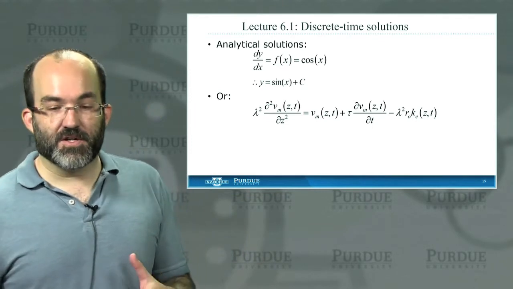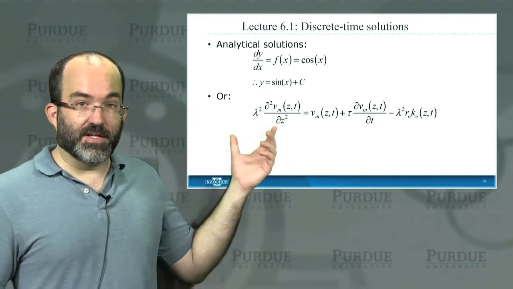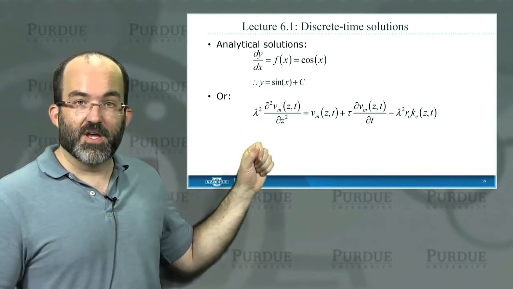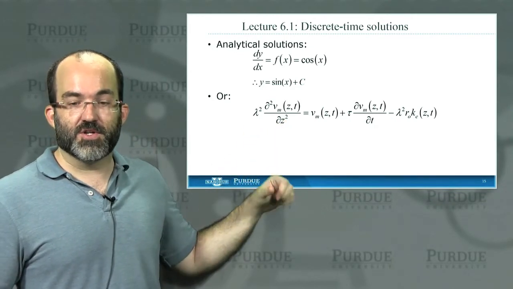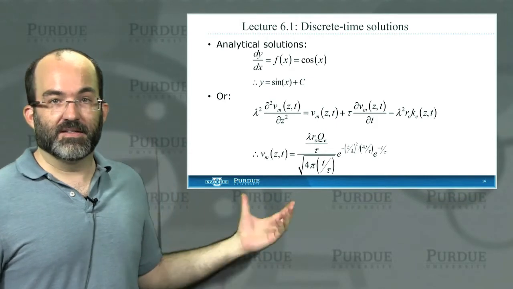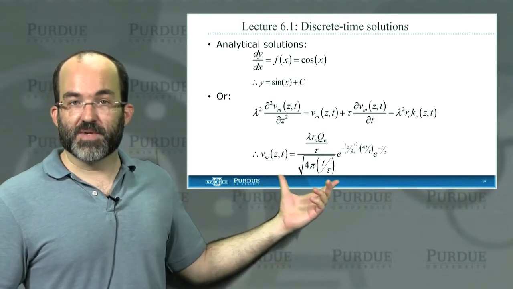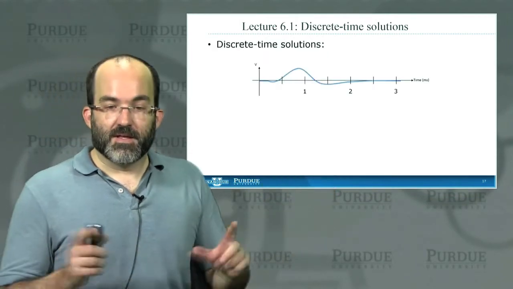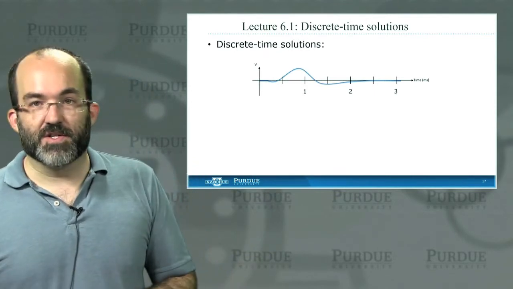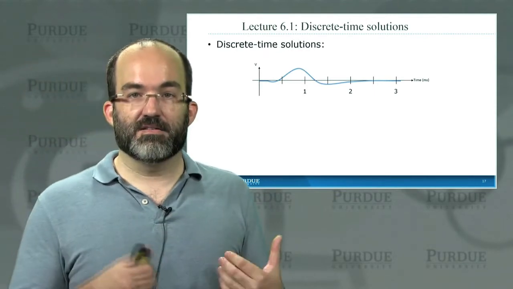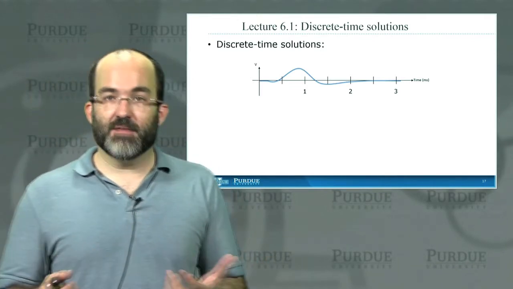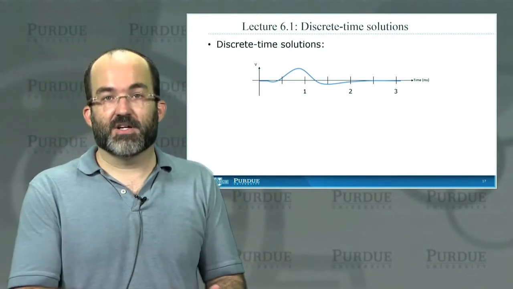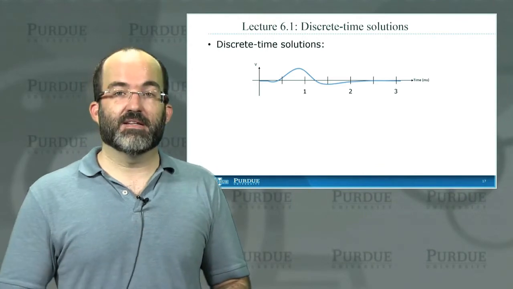Alternatively, you can have an equation like Hodgkin-Huxley, or the Cable equation, sorry, this is the Cable equation, which is a lot more complicated, but we can use the inhomogeneous diffusion equation to arrive at an analytical solution of that. And we did this in week 4. Fine. If you get to the Hodgkin-Huxley equation, what you find is that you cannot determine an analytical solution to that equation. Not every differential equation can be solved. And specifically, the Hodgkin-Huxley equation cannot be solved analytically.